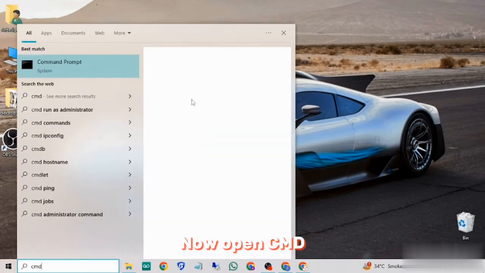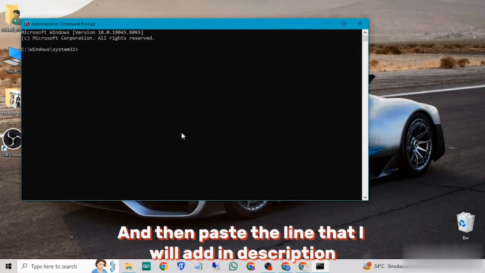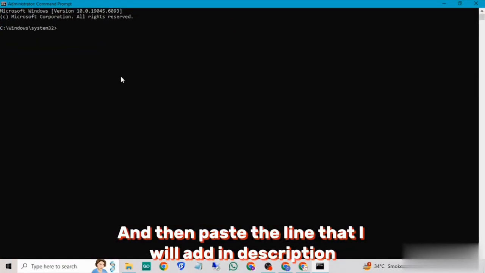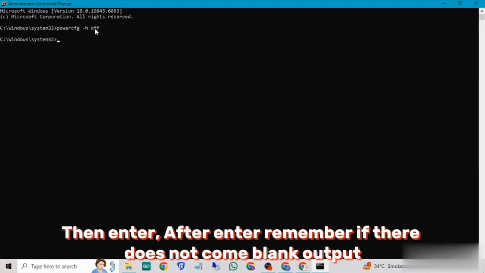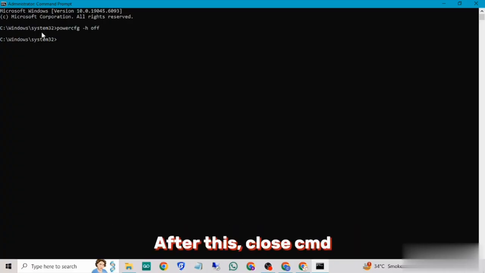Number 3. Now open CMD and click Run as administrator. And then paste the line that I will add in description. Then enter. After enter, remember, if there does not come blank output, it means you didn't open CMD as Run as administrator. After this, close CMD